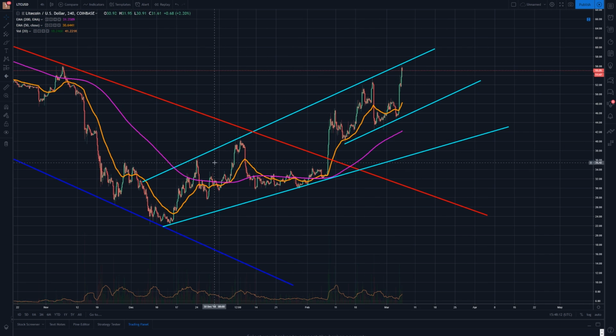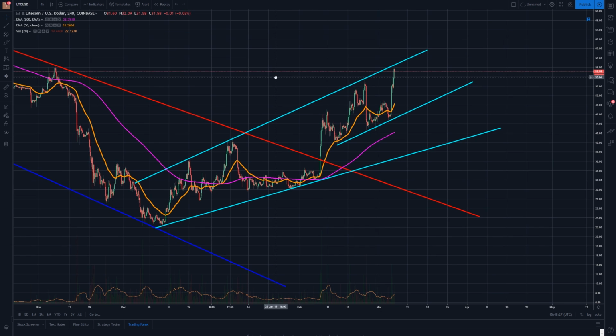Now, when looking at this, I already had this drawn up. I just hadn't been looking at Litecoin lately. A lot of my attention has been turned to XRP or Ethereum or Bitcoin. And with Litecoin doing exceedingly well in the recent weeks, it really puts this at a prime position to potentially